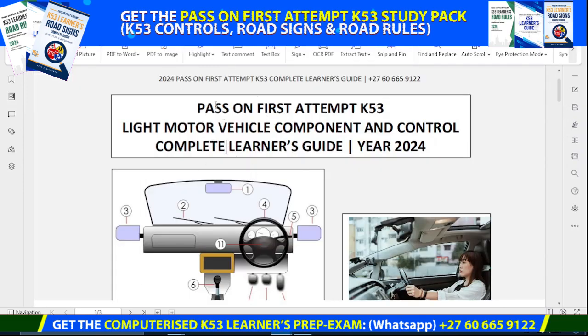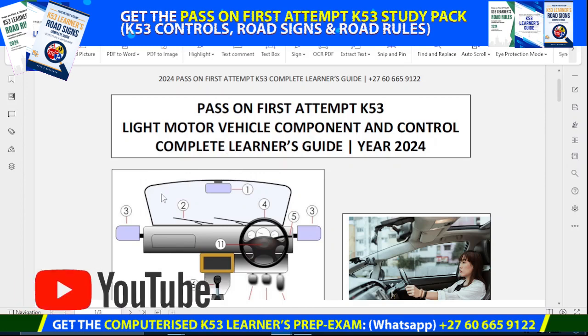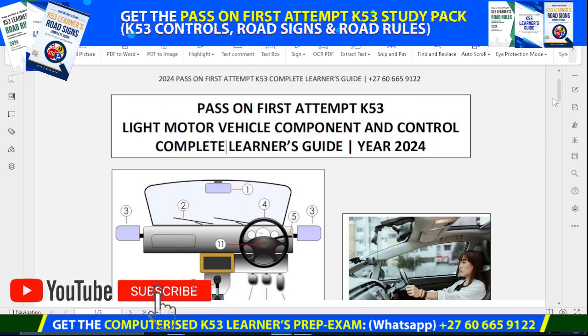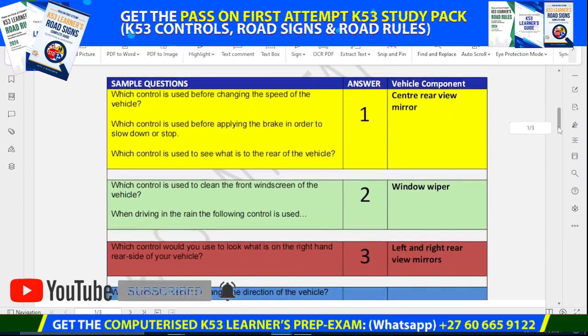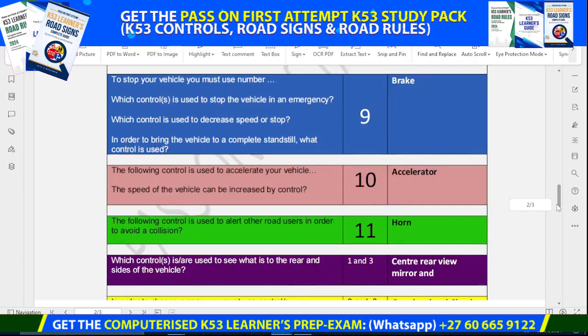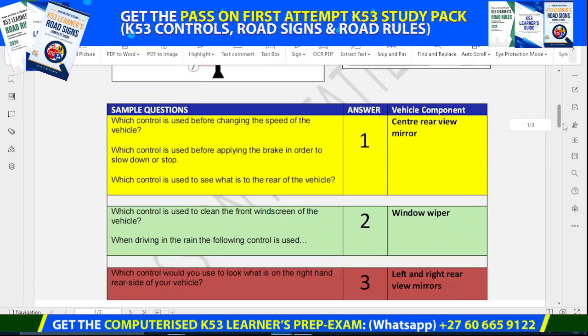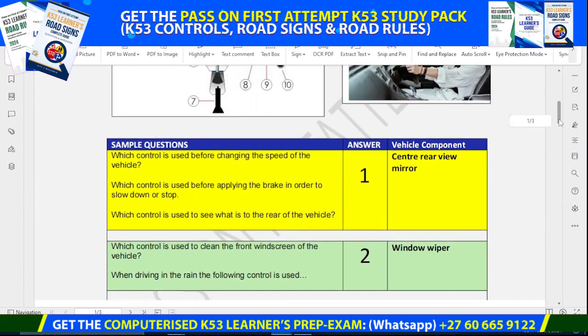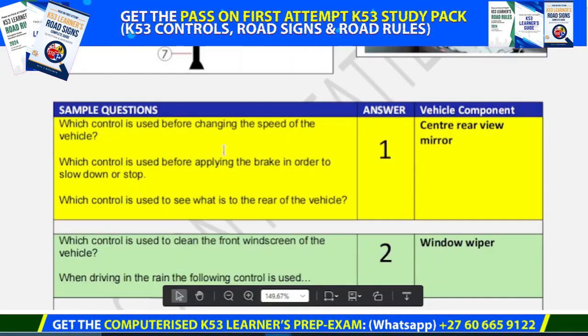So we have what is called the Pass on First Attempt K53 light motor vehicle components learner's guide. This is the document that I want us to look at. Here are some of the typical questions that you are likely to encounter in an exam. We have put these questions in one document so that you are able to understand and comprehend these things. For component 1, these are the most likely questions you are likely to encounter. If you marry these questions with the answers, I believe you can pass